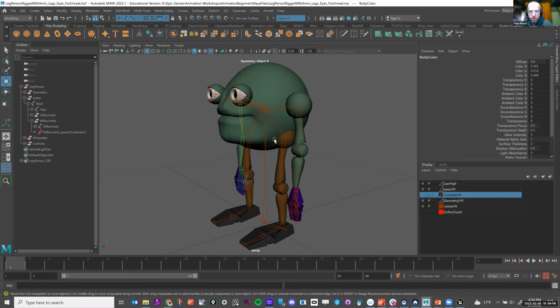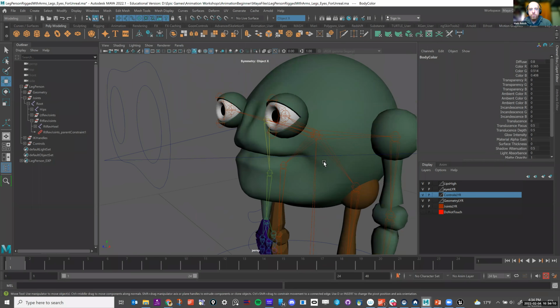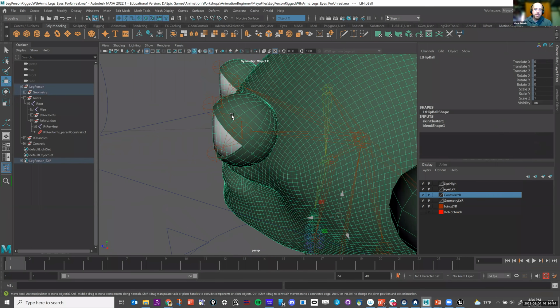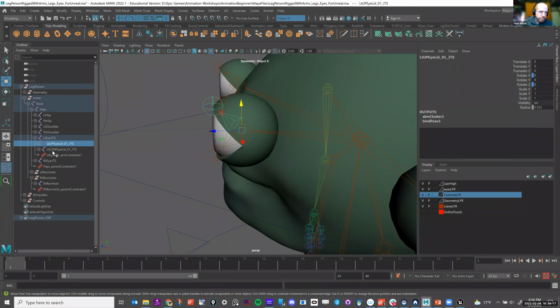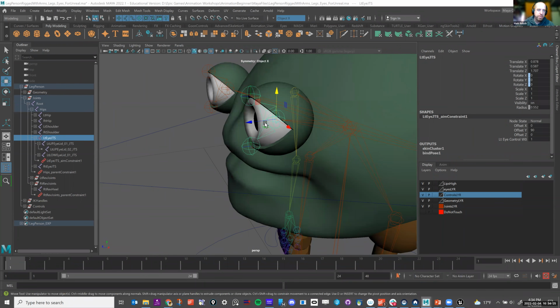I'll also do one more talking bit about the eyes. Again, with the character's eyes, I have the joints here. I have an eye joint coming out here, going to the center of the eyeball.